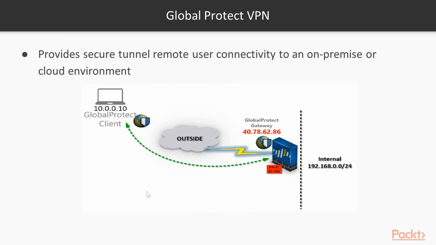Okay, so if you take a look here at my diagram, I have a GlobalProtect client, and this is the application that we are going to download from the portal. So remember on the last video, we configured the GlobalProtect portal, and clients are going to point to either the public IP or the fully qualified domain name in order for them to download the client. Once they have it installed, they're going to point to the public IP that is allocated in the GlobalProtect Gateway configuration. So once we create that GlobalProtect Gateway, we're going to allocate that public IP, and our remote users